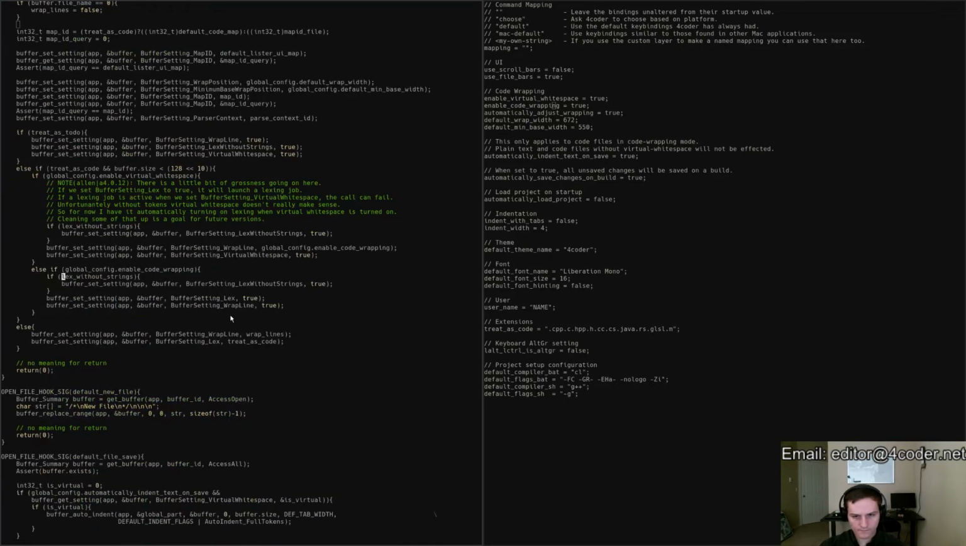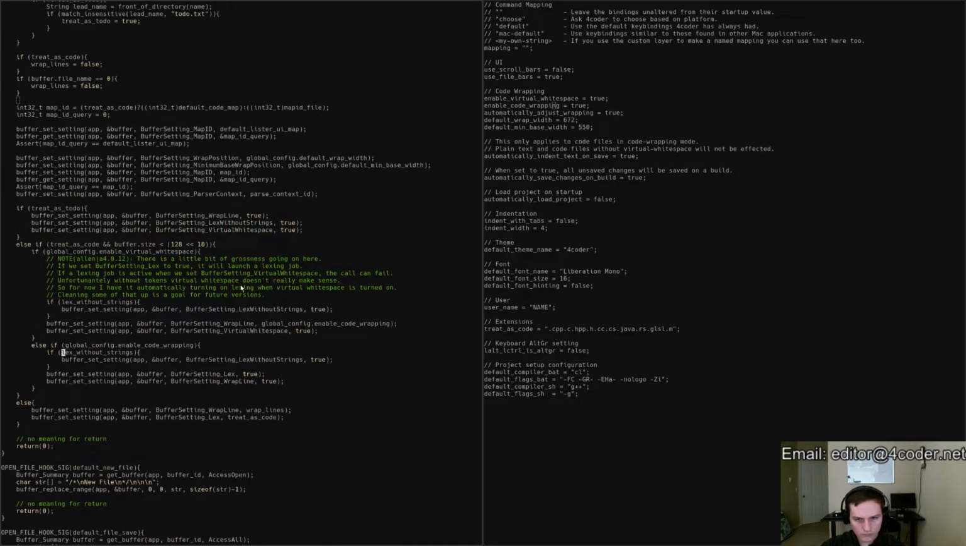Okay. We'll just assume that that's false. That's not really a player in this. So we come here, and if treat as code is true, I see. We have to either enable virtual whitespace or enable. That's where we're getting a miss. Okay. If we enable virtual whitespace, then we use this to determine whether or not we're wrapping lines, and then we enable virtual whitespace. If we enable code wrapping,